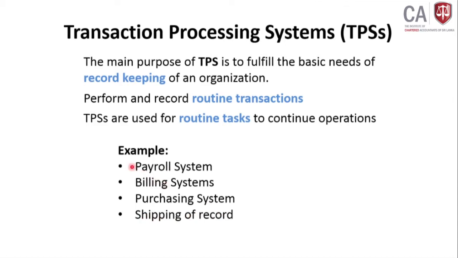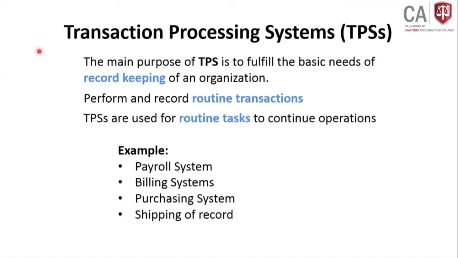For specific transactions, we are using some kind of system. Payroll system, let's say, POS machine, point of sale system. In the supermarket also that is used. That is the transaction, each transaction of the purchaser. When you go to the supermarket, you buy some product. Then you go to the POS machine and they scan it and give the bill, and you have to give the cash there. That is called a transaction processing system. Billing system was there, purchasing system was there, procurement. There are so many other systems that deal with transactions.